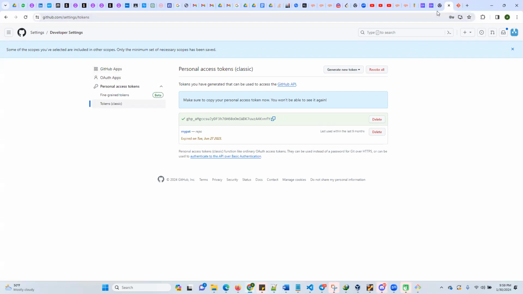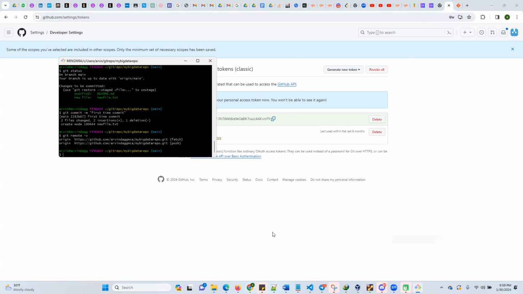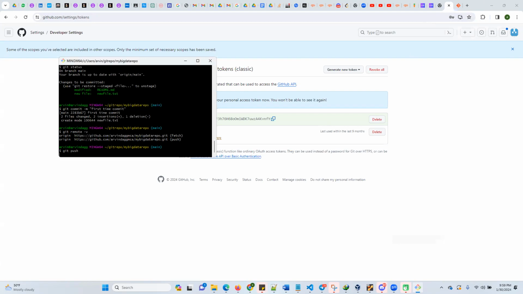Now I want to push the data from my local repository. Here, I'm checking my remote. This is my Git. Okay, so if I try git push, what it says,